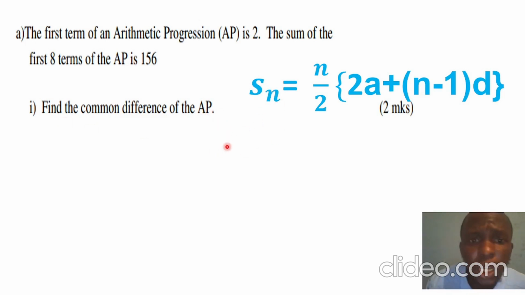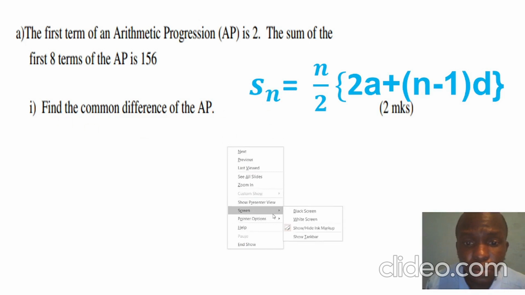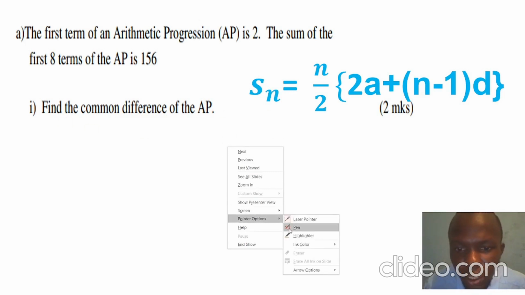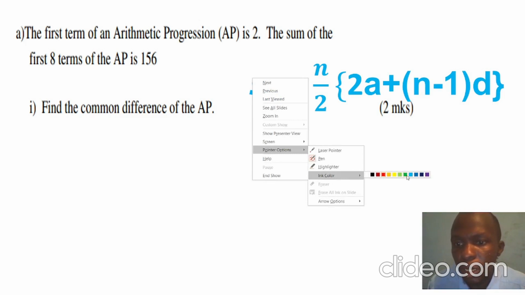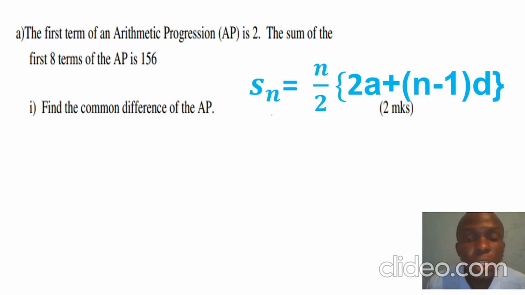Now, what are you going to do? I just want to show the substitutions that we are going to make as regards this particular formula. Now that the word sum has been mentioned, just know that we are supposed to calculate the series, not the sequence or the progression. So you're going to